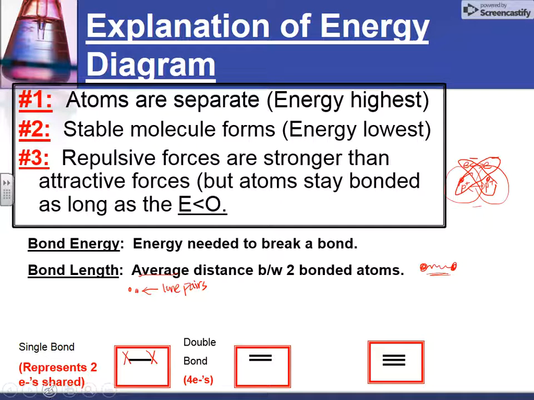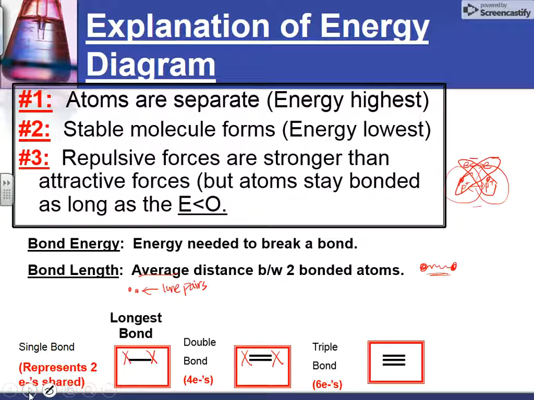Then we might have a double bond. Double bonds are four electrons being shared, and it looks kind of like an equal sign. If you were to have X bonding to X, and they share four total electrons, that would be represented by two parallel lines. And then the highest bond multiplicity you could have is a triple bond, which is six electrons being shared, so three pairs of electrons being shared.